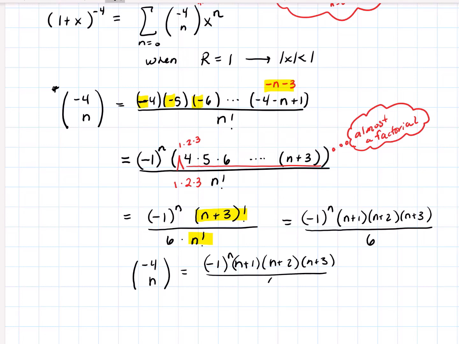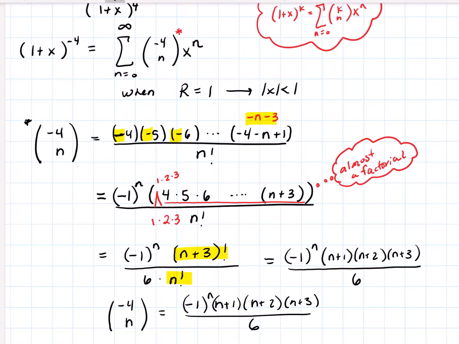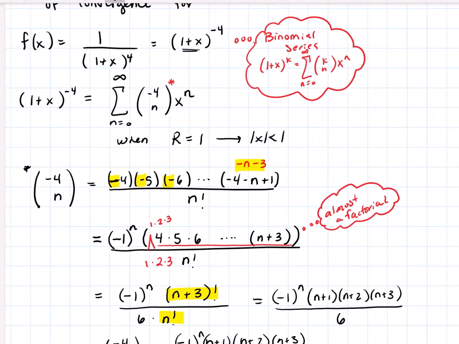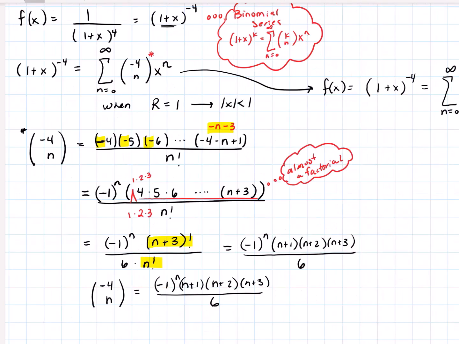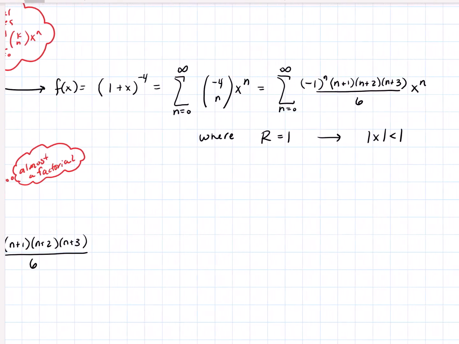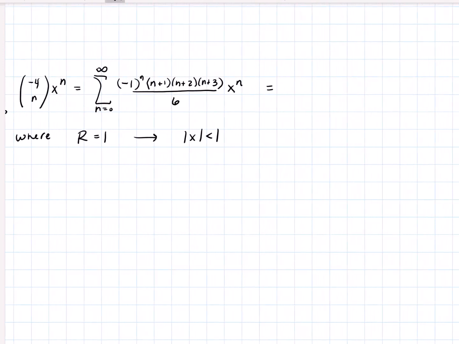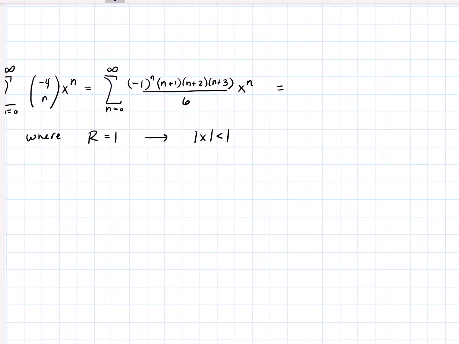And so we've gotten that reduced down really nicely, and we can actually come back to what we had up here, and we could write this now. So we can now rewrite that function, (1+x)^(-4), as the power series with those coefficients times x^n, where the radius of convergence is equal to 1. And we could even take that further and expand this out a little bit, and think, well, what's that going to look like? When we plug in 0, we're going to have 1